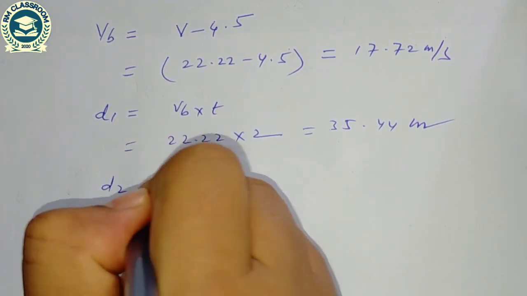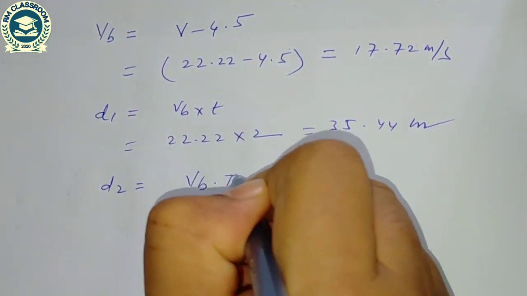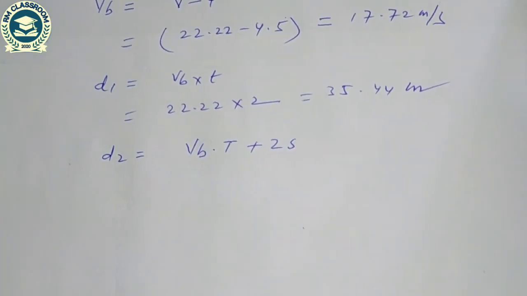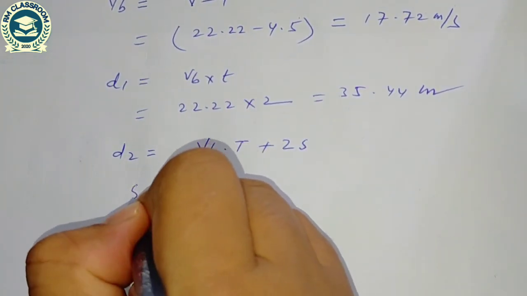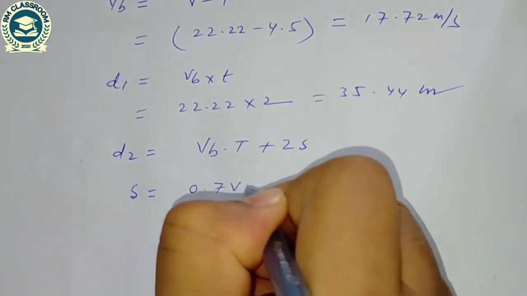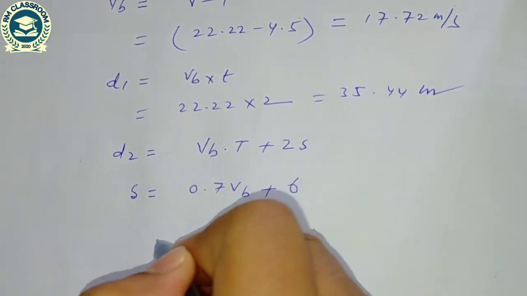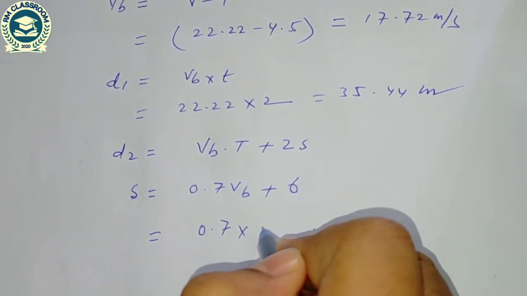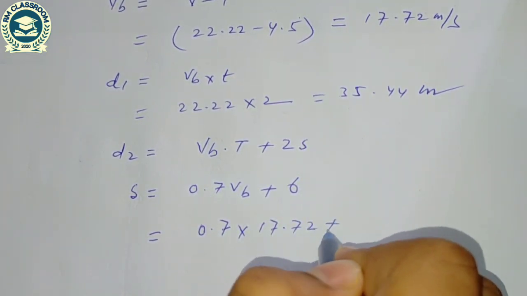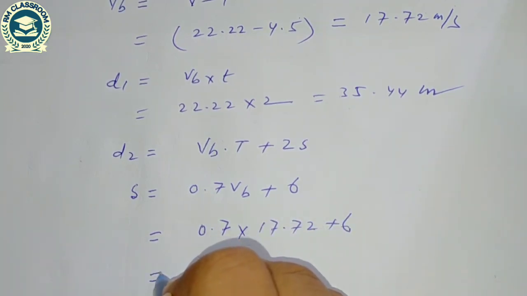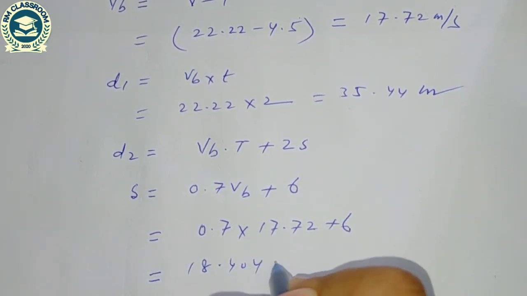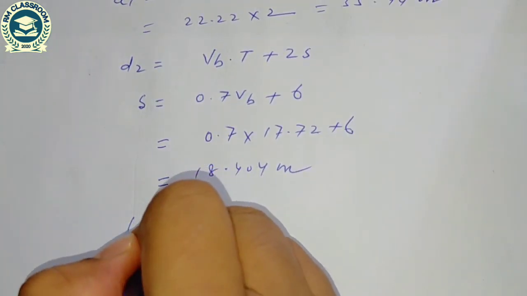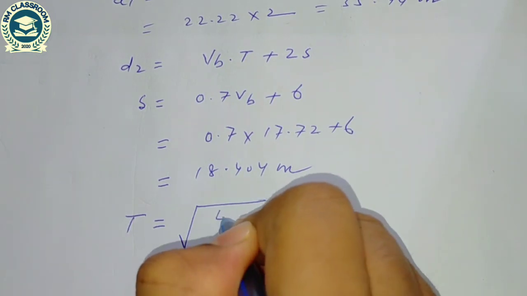And D2 is equal to VB into capital T plus 2S, where S is equal to 0.7 VB plus L, and L is 6 meter. The length of wheelbase is not given, so 0.7 into VB is 17.72 plus 6, so the value of S is 18.404 meter. Once we have computed the value of S, capital T can be computed as square root of 4S